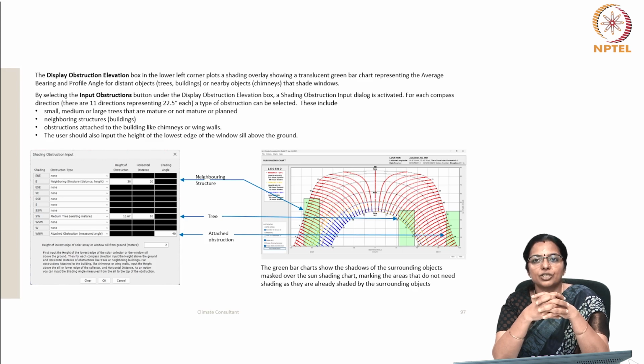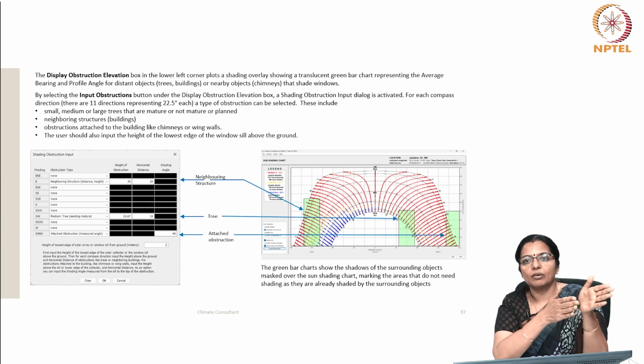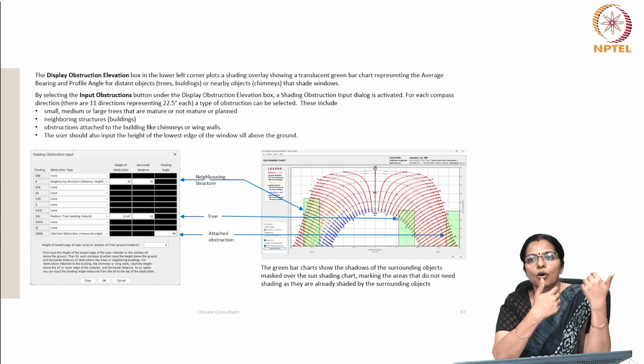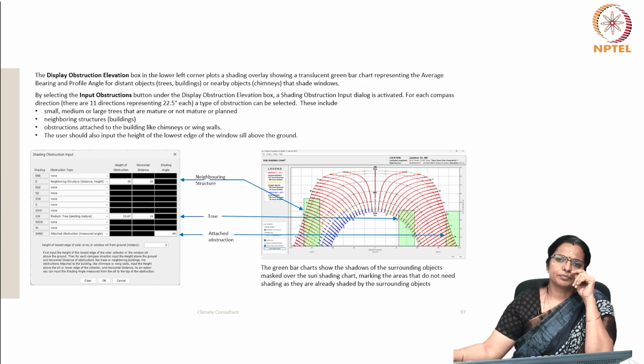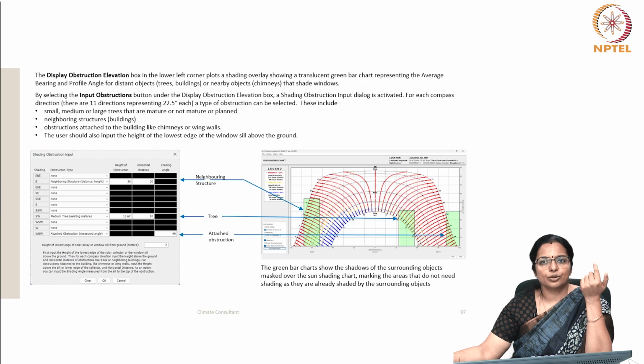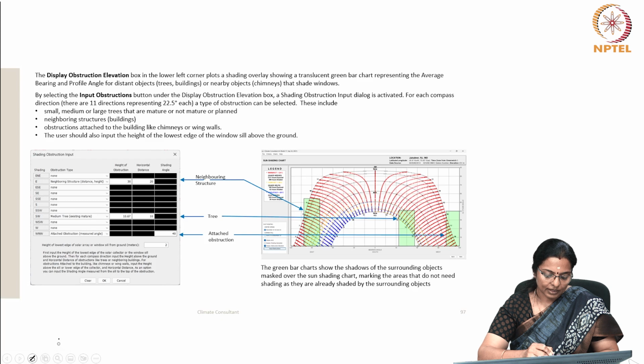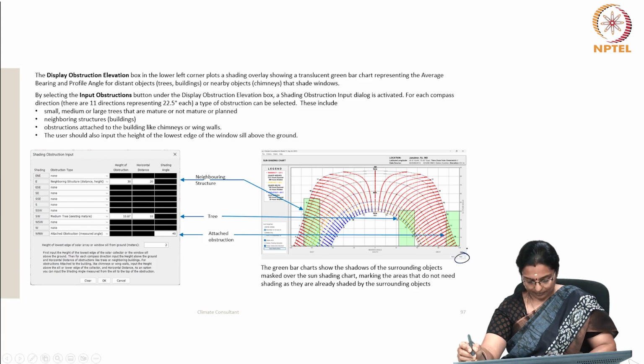Data for neighboring structure can be entered as height above the ground and horizontal distance or as the shading angle. For obstructions attached to the building, input the height above the sill or lower edge of the collector and horizontal distance, or the shading angle measured from the sill to the top of the obstruction may be input. When data is input as height and distance, the shading angle is calculated by the program automatically. Then press next here,